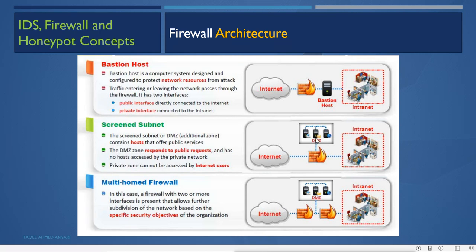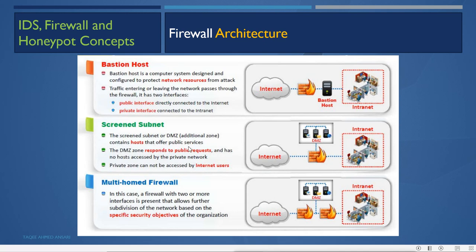So all the servers which we want internet users to access, we put in this demilitarized zone. They don't have any connection with the intranet servers, so if an attacker tries to attack the web server to get access to our internal resources, they will not get it, because the only servers they can reach are in the DMZ zone. Whatever servers we have here, mail server, web server, file server, they are already publicly accessible, so whatever you do on them, it will remain there. They don't have any connection to the intranet servers.